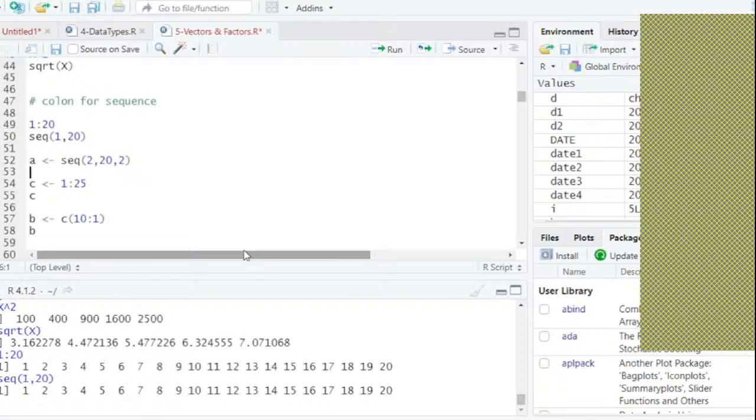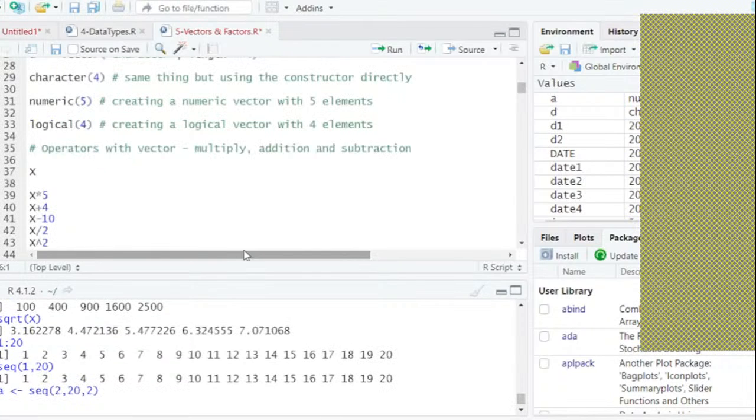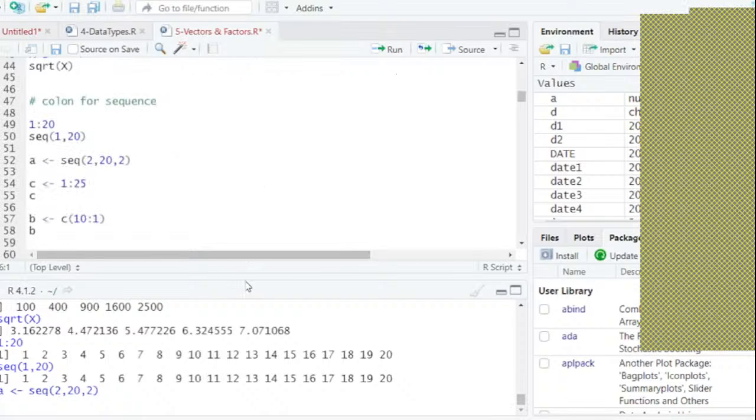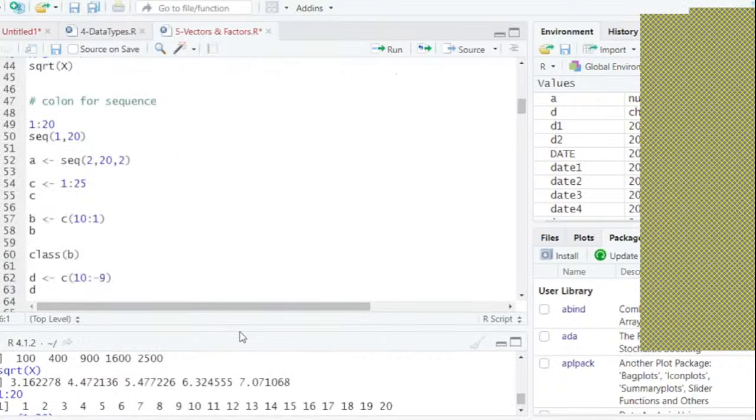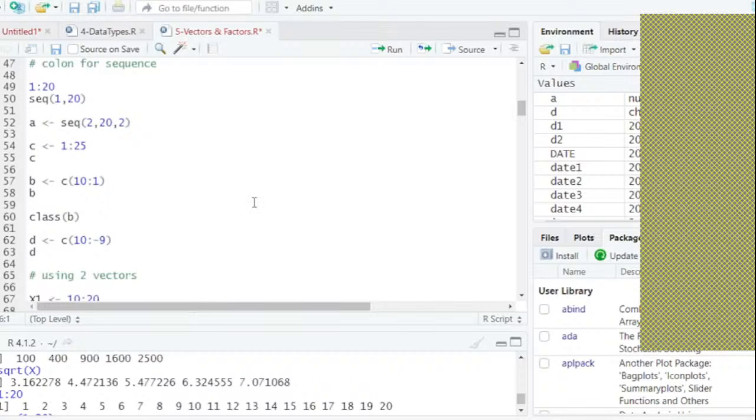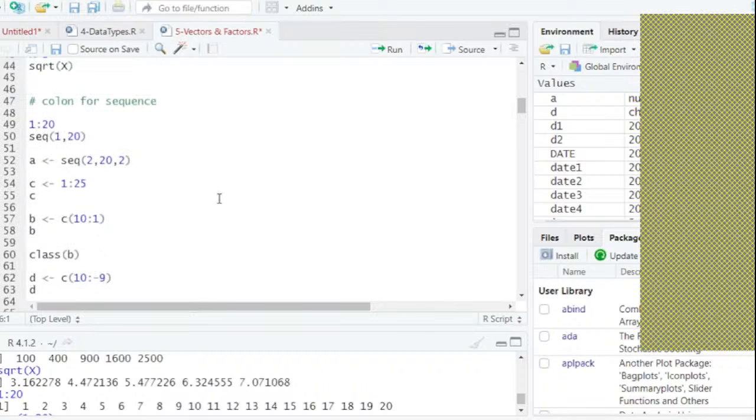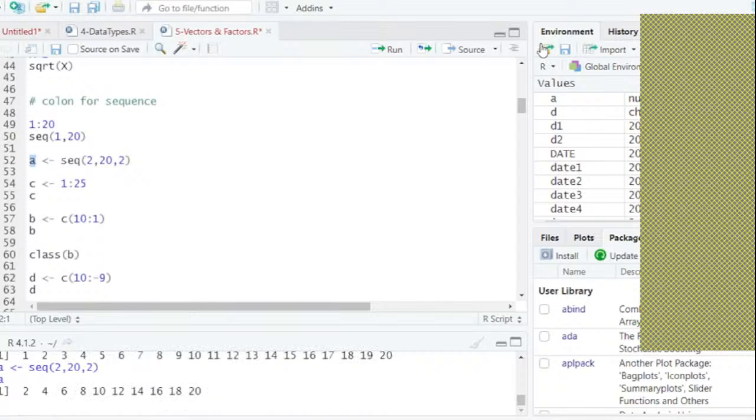Let's create a variable A with a sequence of 2 to 20 and a skip value of 2. Line number 52. Create a variable with sequence. Now, if I call the value of A,